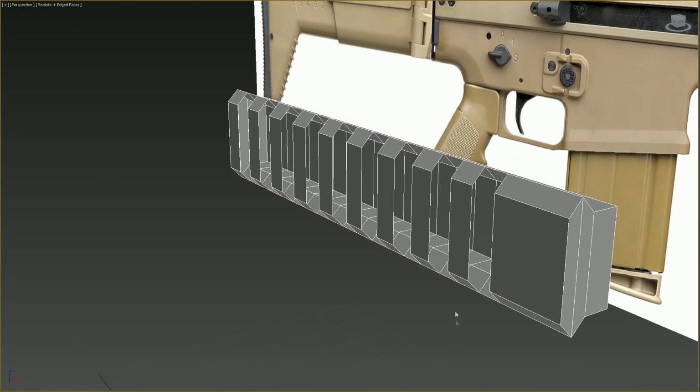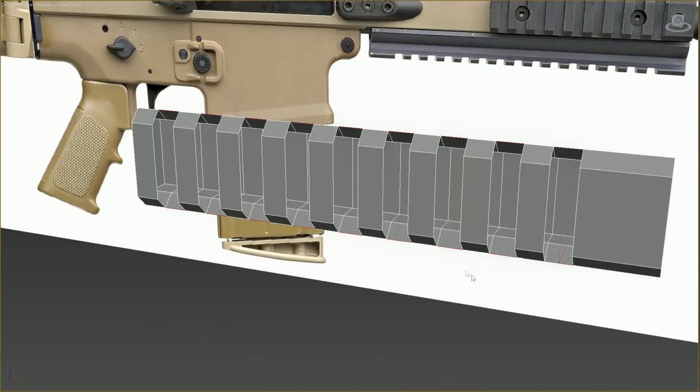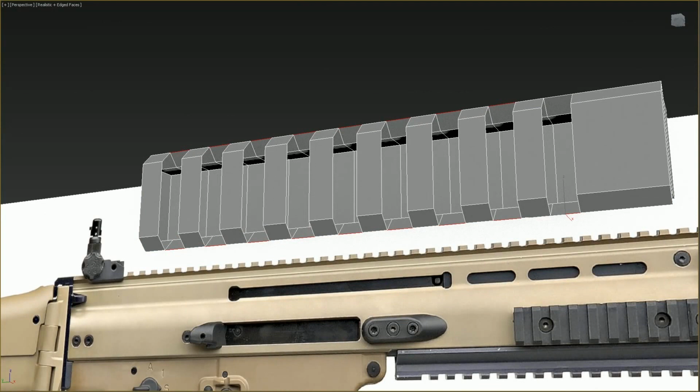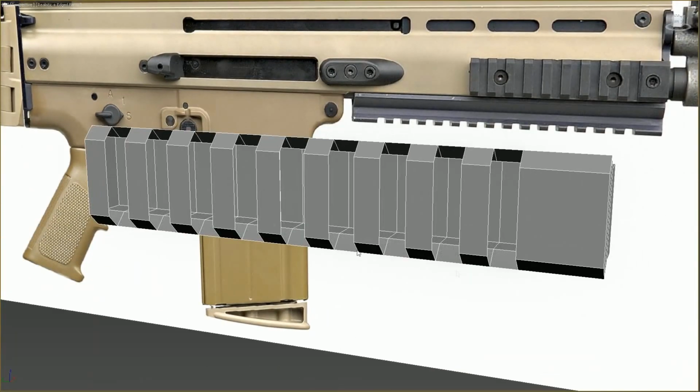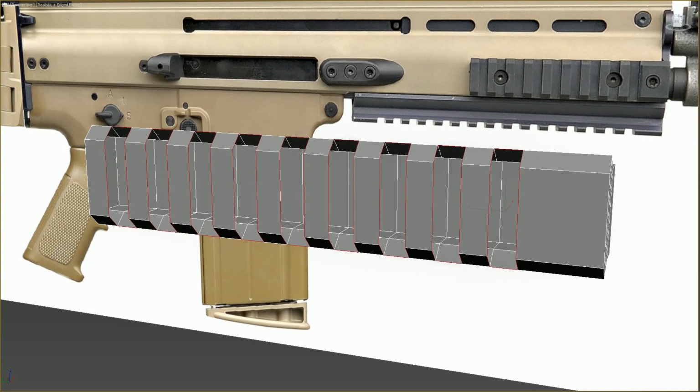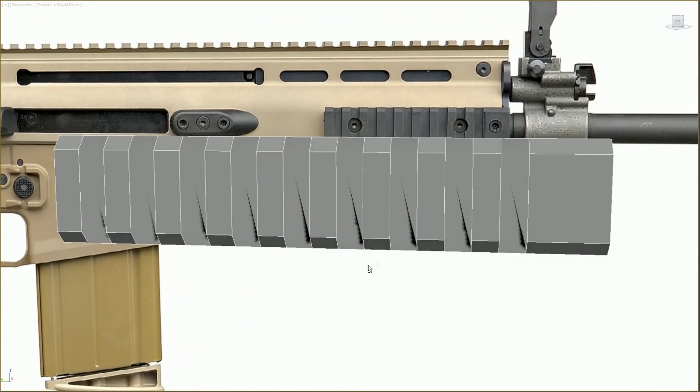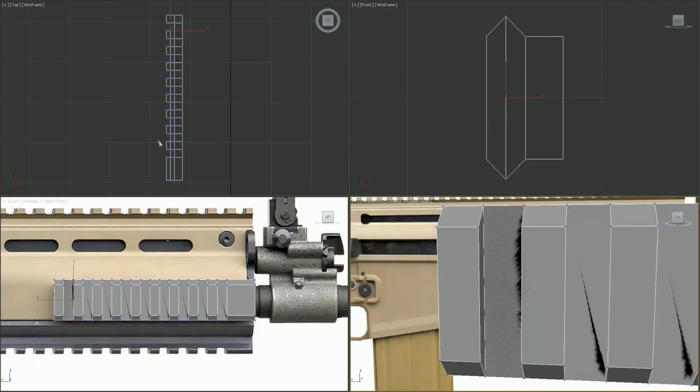And remove. Like so. Now if we unhide all, you can see it nicely. Now, since we already have this model right here, and the bottom part is really relatively similar,